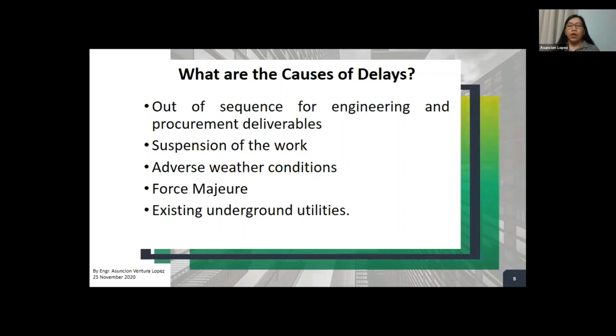And you also have to note that if there are delays, the contractor must take note that he has a responsibility to mitigate the impact of the delay. It could be partial or total mitigation, as long as you have done a mitigation, and then you must record it.